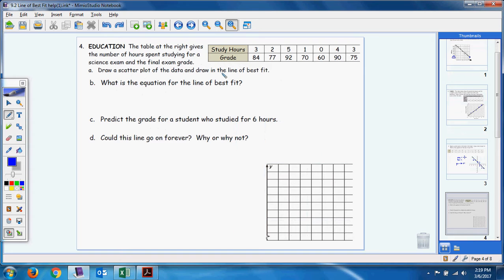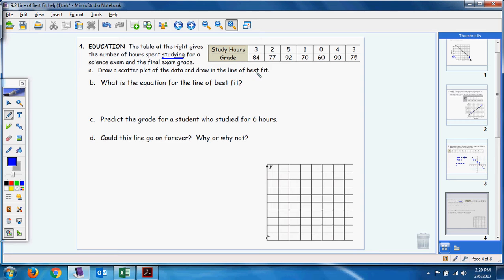Ooh, this one should be very interesting for some of you. The table at the right gives the number of hours spent studying. That means you actually spend some time looking at your notes, doing some extra problems, if you guys didn't remember or even know what studying meant. That's what it means. For a science exam and the final exam grade, draw a scatter plot of the data